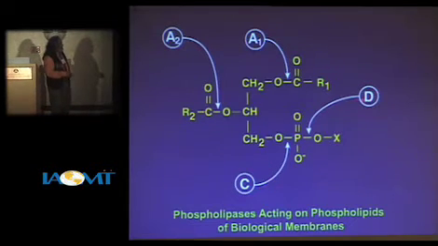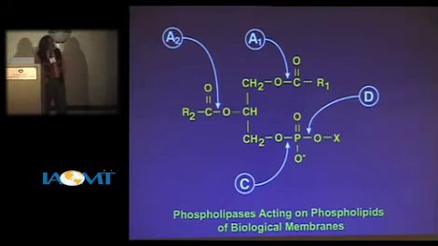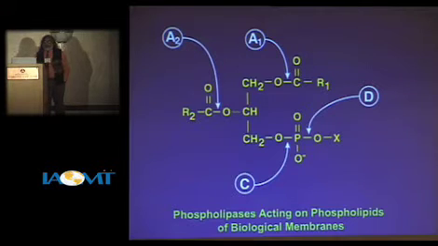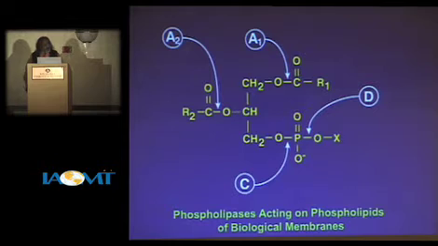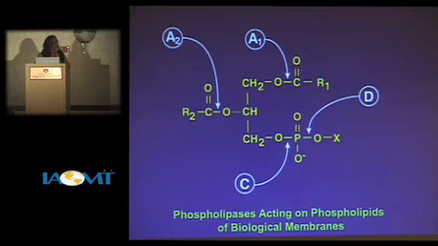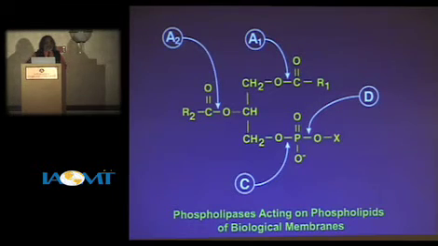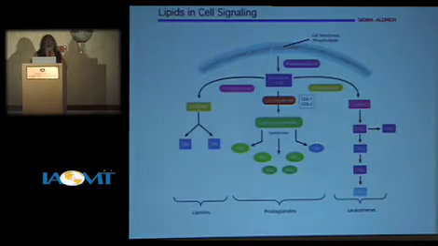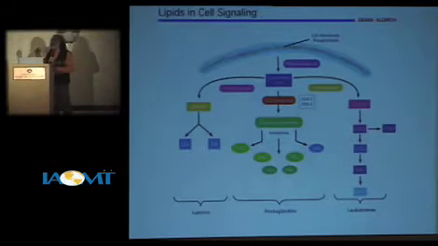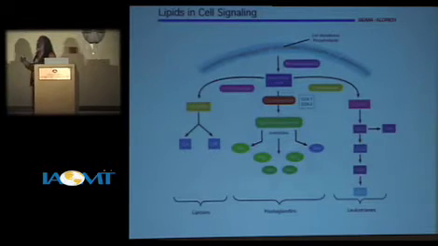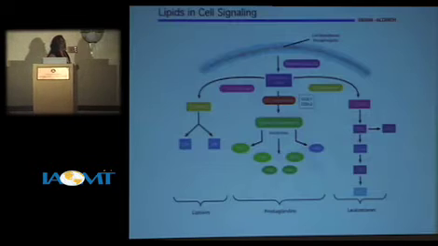And this another enzyme here only chops off the head group, and that's called phospholipase D. And these are the phospholipid hydrolyzing enzymes. These are called phospholipid hydrolases. And these are very important in the membrane lipid dynamics as well as cellular signaling and cellular function. As I mentioned earlier, unless phospholipase A2 acts on arachidonic acid and releases arachidonic acid, you don't have inflammatory reactions.